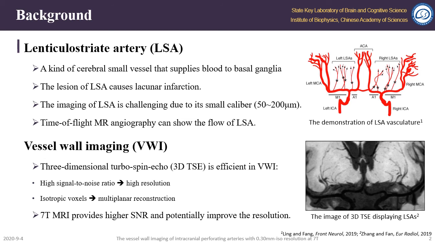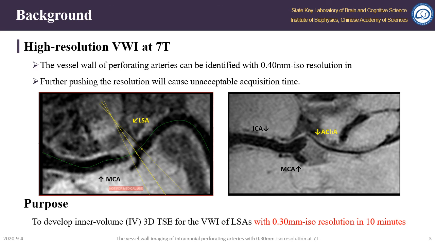This right figure showed our previous study of using VWI at 3T to display the lumen of lenticulostriate arteries. In principle, 7T MRI provides higher SNR and can potentially improve the resolution. These images with the isotropic 0.4 mm resolution in 10-minute scanning proved that VWI at 7T can barely show the vessel wall of lenticulostriate arteries, but further pushing the resolution will greatly increase the acquisition matrix, which leads to unacceptable